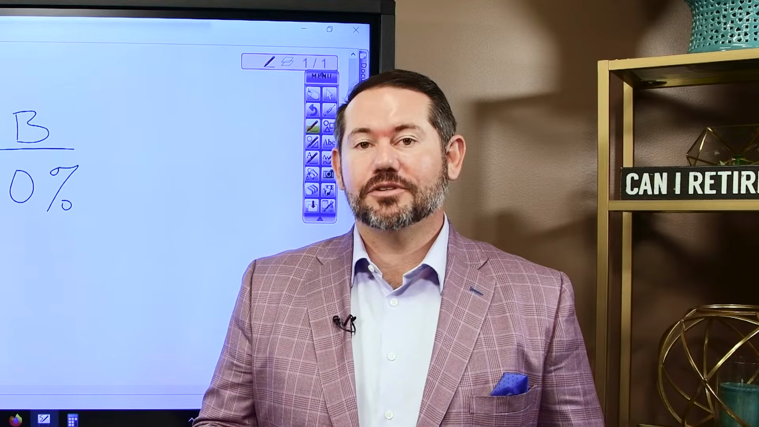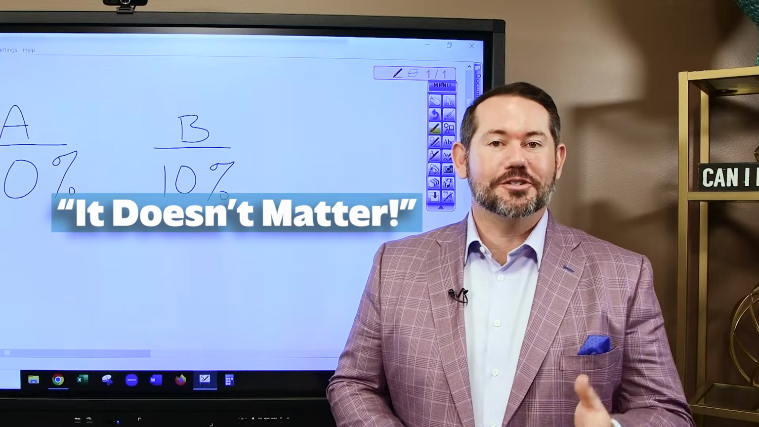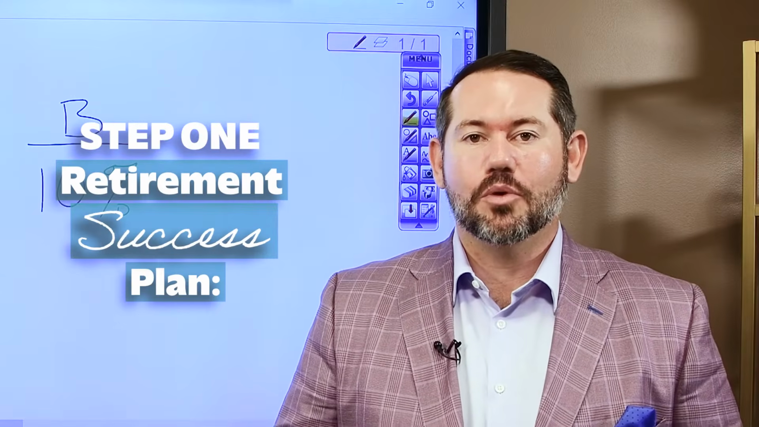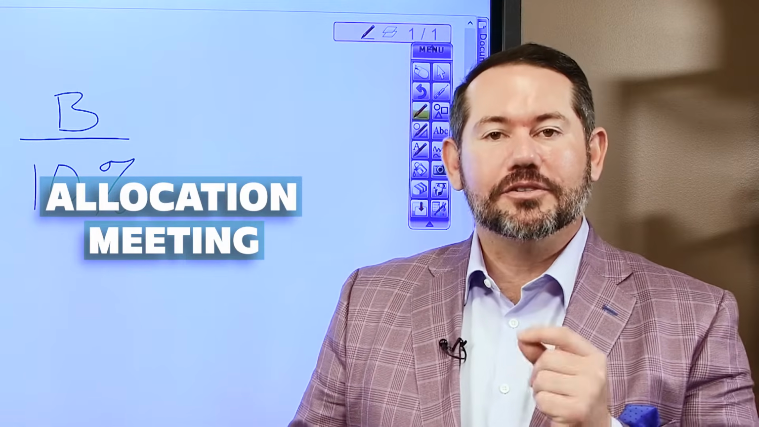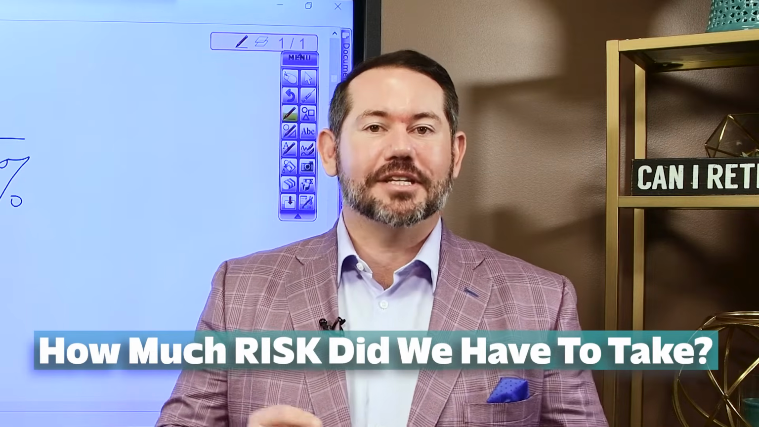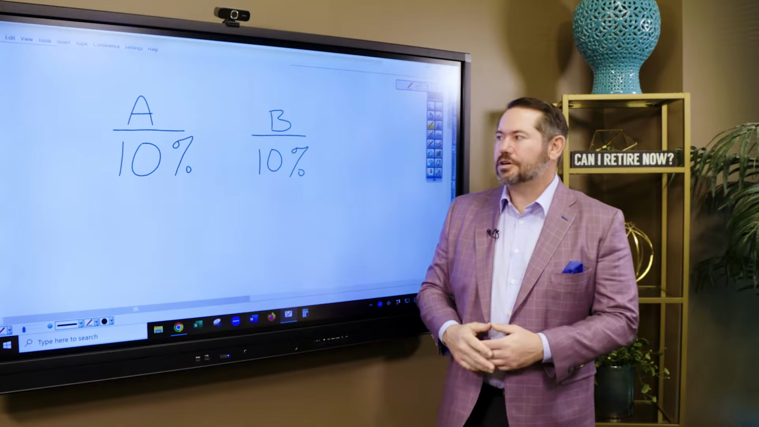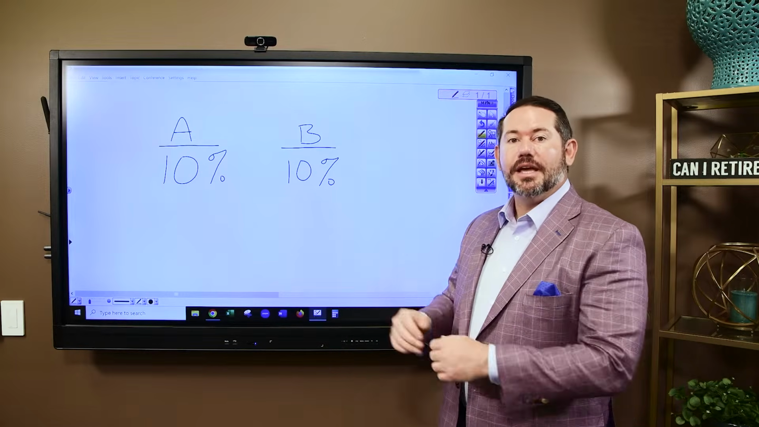Oftentimes, when I ask this question to a prospective client, I'll get the response, "Troy, it doesn't matter. They both return 10%. Give me A or B." But when it comes to retirement planning, and this is why step one of the RSP, the allocation meeting, is so important, it's not about the return necessarily. It's about how much risk we had to take to get that return. Investment A and B both had a 10% return, but this is just one outcome in an infinite